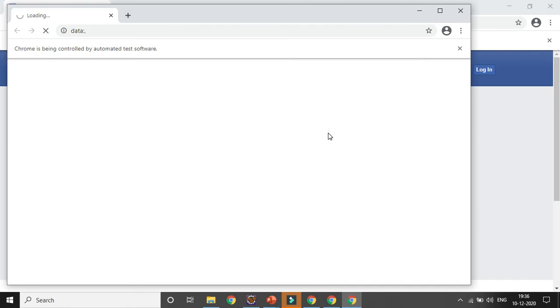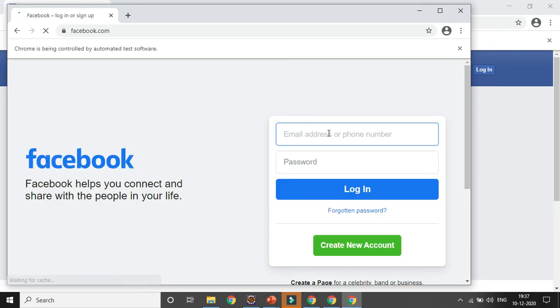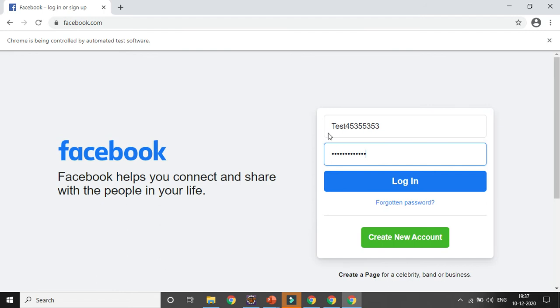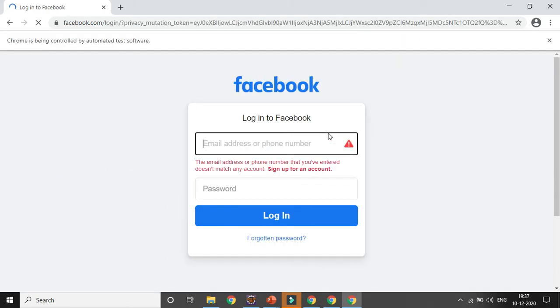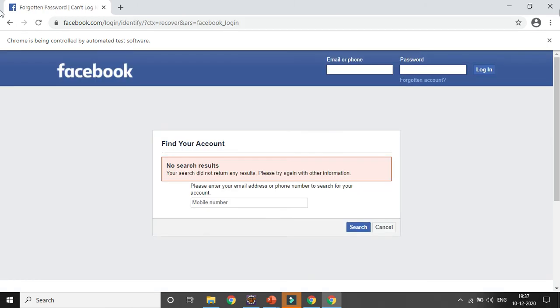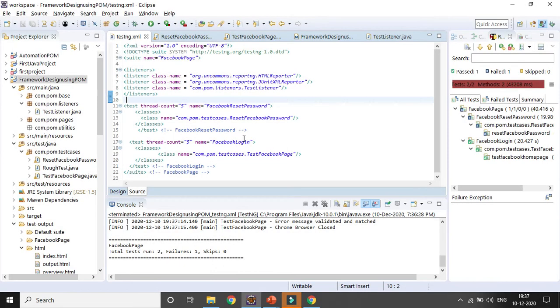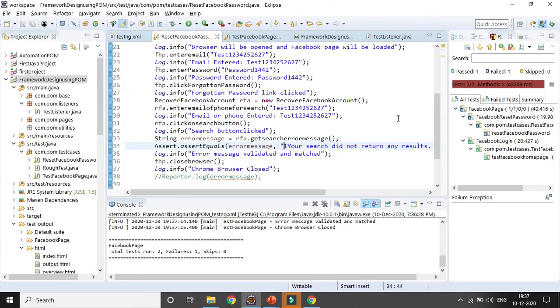For the failure part, it will take the other part from the listener class, which will be the onTestFailure method. Okay, so it is running, entering ID and password, clicking on the login button, verifying the message, and closing the browser. One test case is failed, that is the reason the browser is not getting closed.